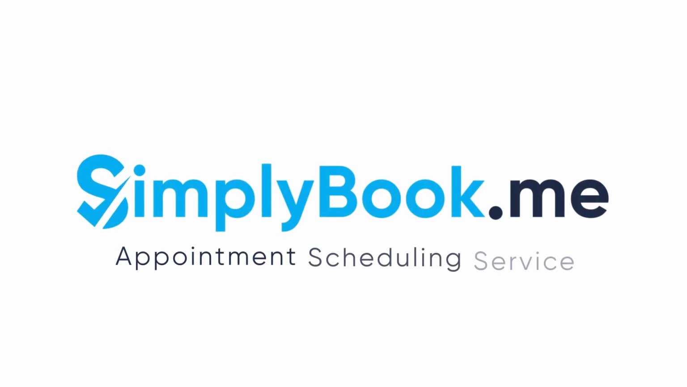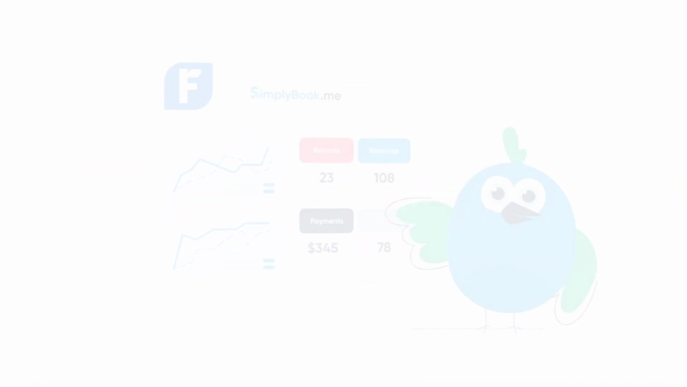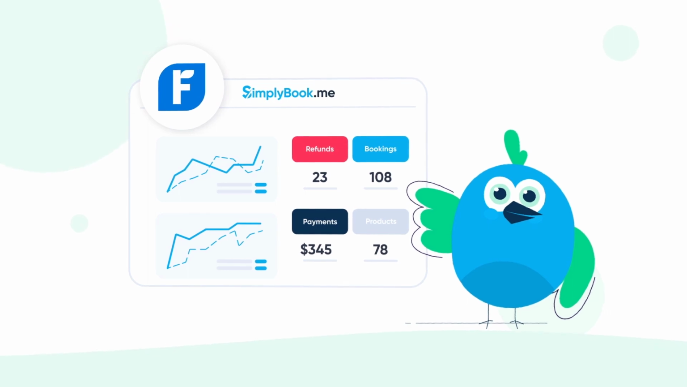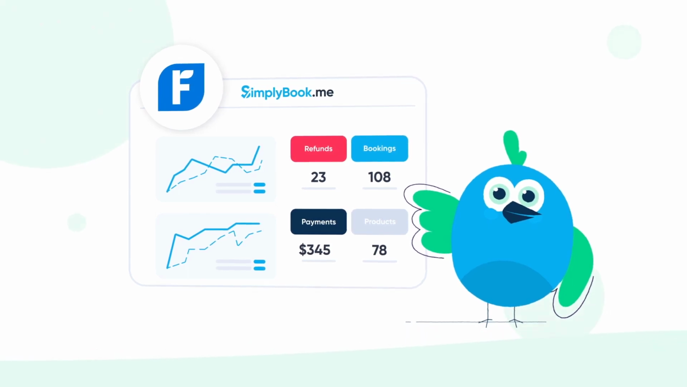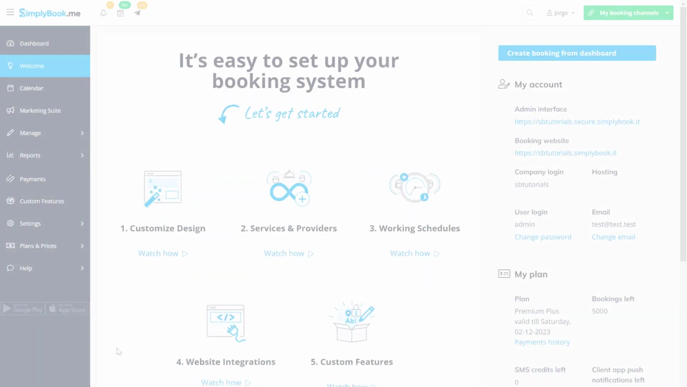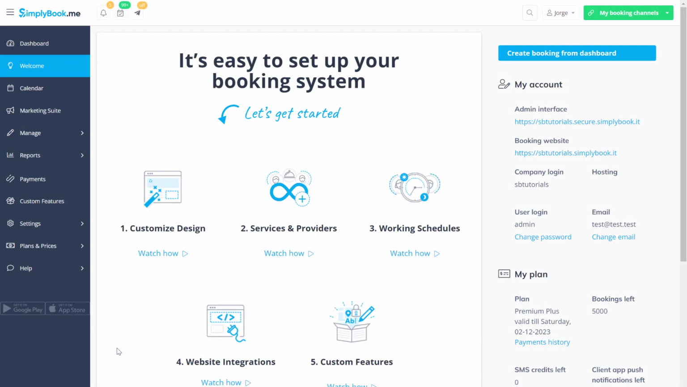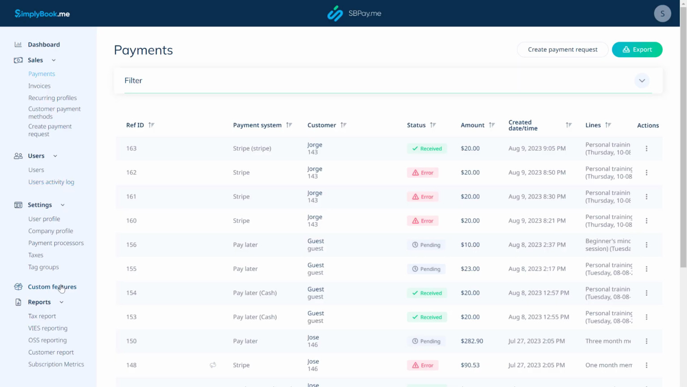In this video, we'll take a look at how you can integrate your SimplyBook.me and FreshBooks accounts. This will automatically create FreshBooks invoices each time an order is completed. Let's start by navigating to the Payments menu in your SimplyBook.me account and then to the Custom Features page in